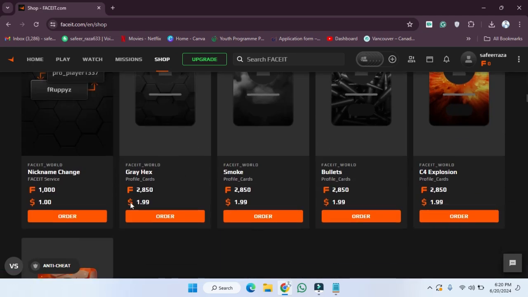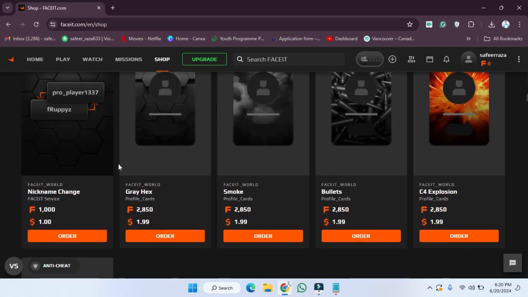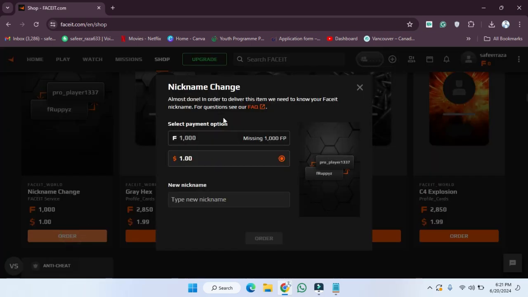here, and you can see the prices as well, 1.99. As you can see now, all the prices are mentioned here. Now I'm simply going to click on this. So let's click on this, and after clicking on this, as you can see, we don't have 100 FP currently